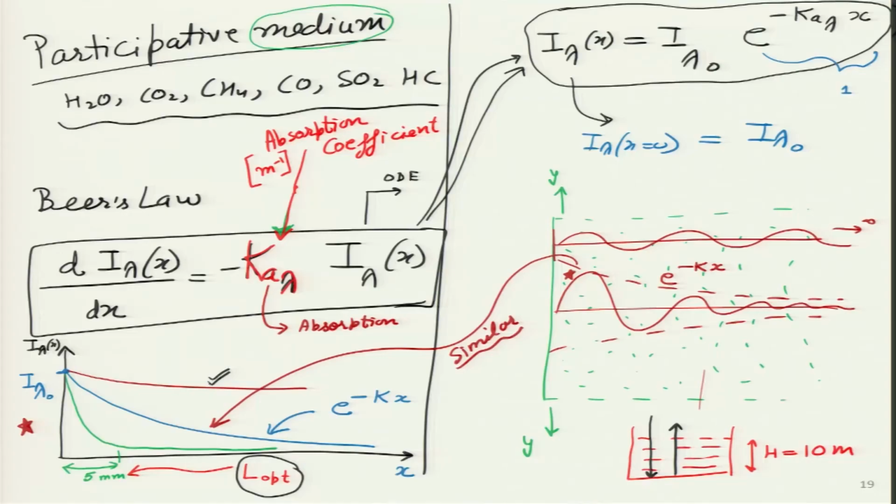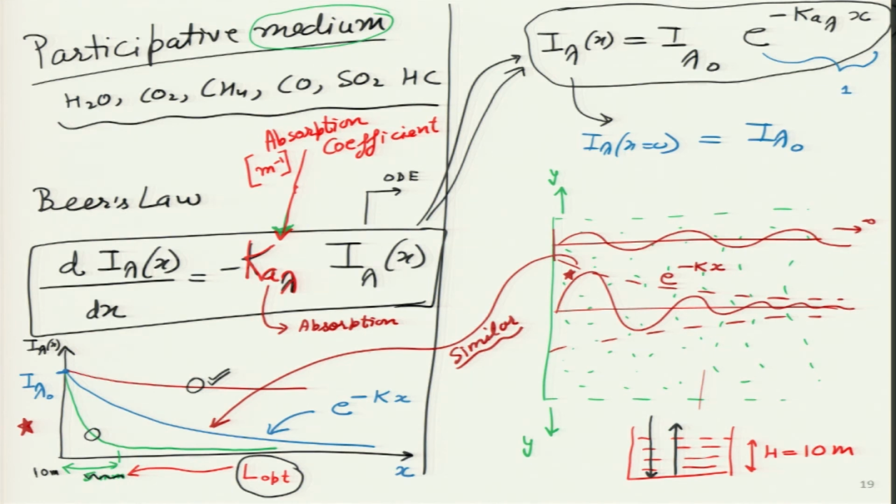But if we look at a very deep swimming pool, we can call oceans a very deep swimming pool, there may be even 2 or 3 kilometers that visible light can reach, which means the optical depth for visible light in water could be 2 to 3 kilometers, which means the intensity could be degrading like the red curve, whereas for the infrared radiation in water it could be degrading like this curve, where maybe I will write over here approximately 10 meters or so. That number I am telling from memory, I may be wrong a little bit. So, this is a very interesting equation over here.